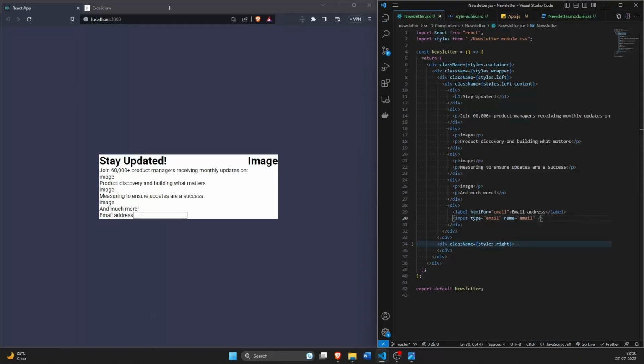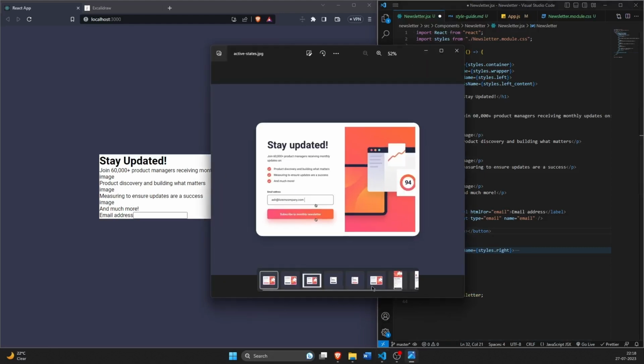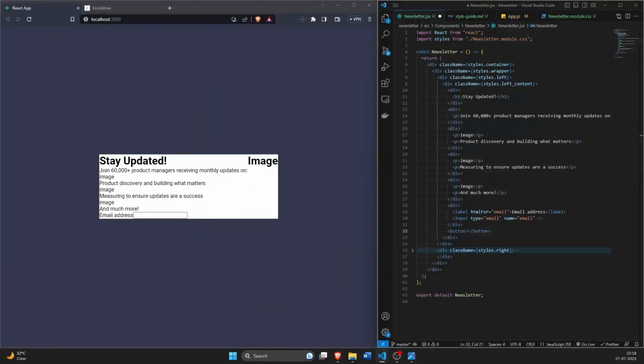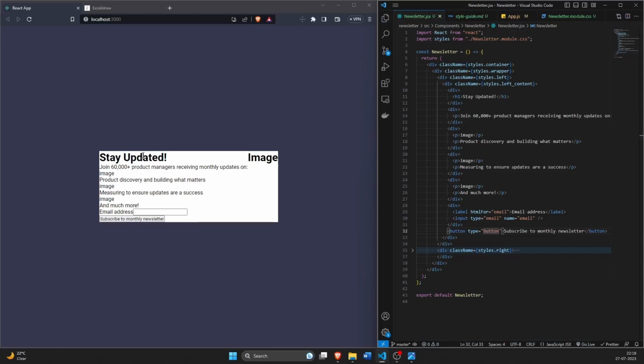And the last thing that we have to create is a button. So we can create one more button over here. This button has a text of subscribe to monthly newsletter. So we'll write that. And this should be type of button. So we have all of our content over here. Now we can put the image, and we can also change this placeholder text